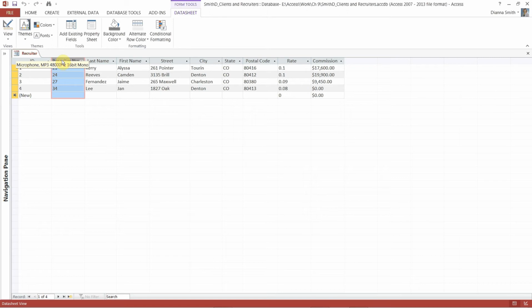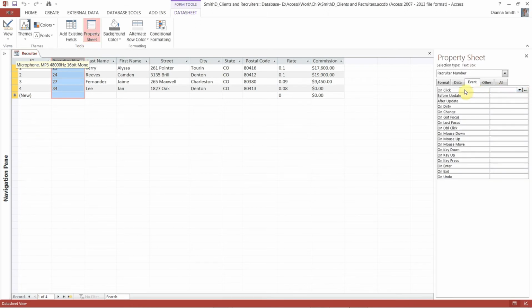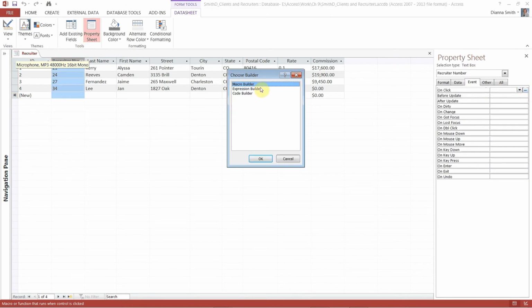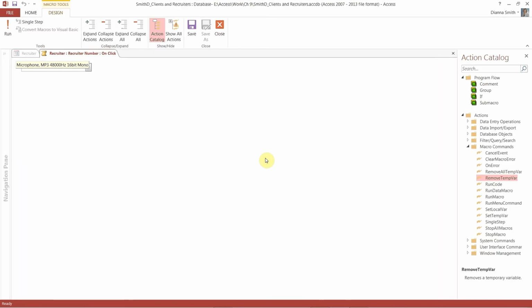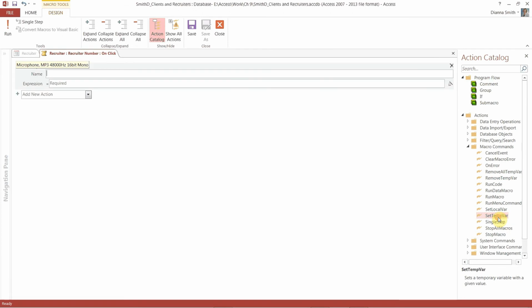And then we're going to create the macro for that. So property sheet, on click, builder button, macro builder, say OK. And if you look at page 9, figure 954 on page 575, you'll see in that code the first thing we need to do is set our temporary variable. So double click set temp var, and we're going to call this RN, and the expression is going to be recruiter